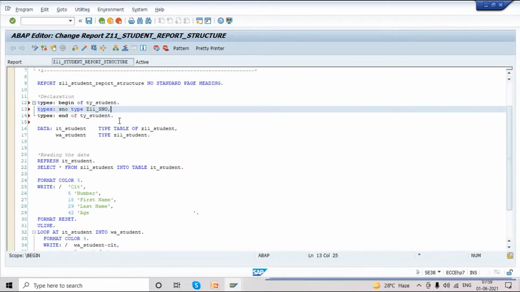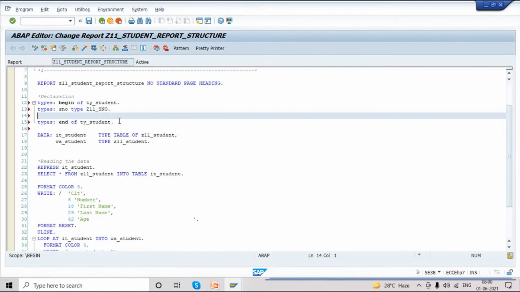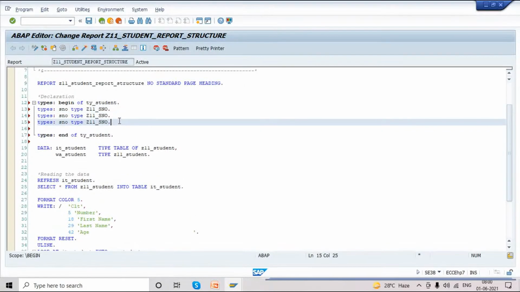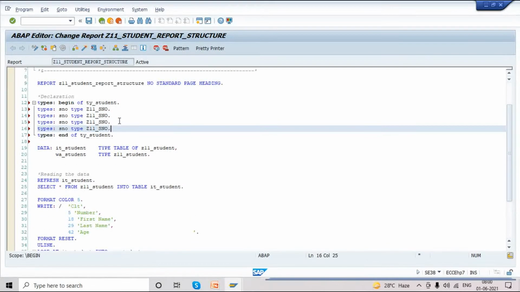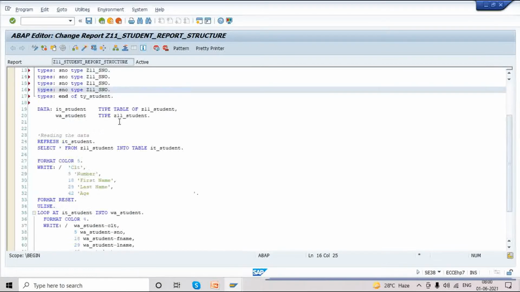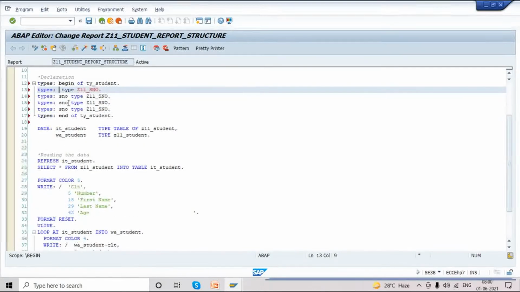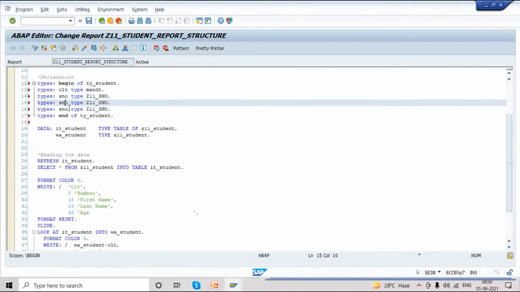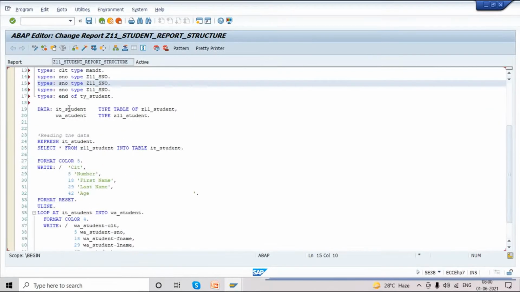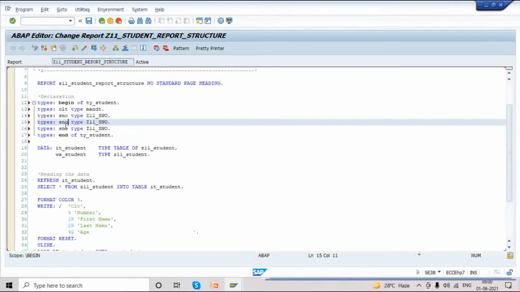Four fields we are using. Client also we are using. First field is client, the data element is MANDT. Then student number, same. Next is first name, last name, age. Five fields in total.